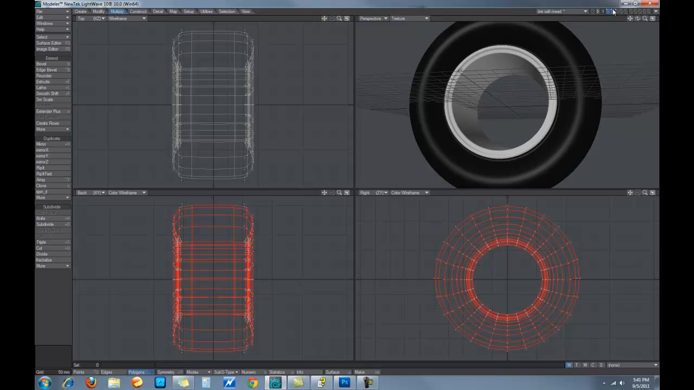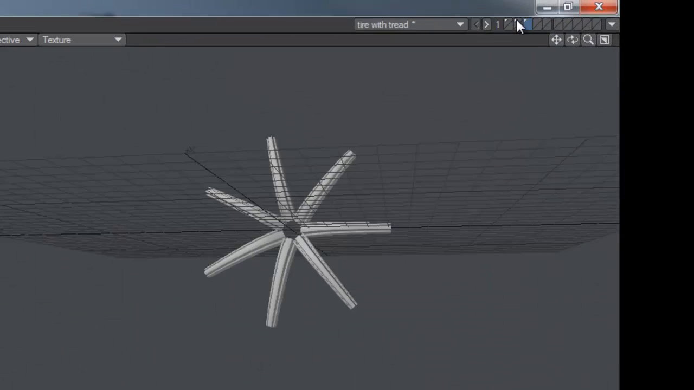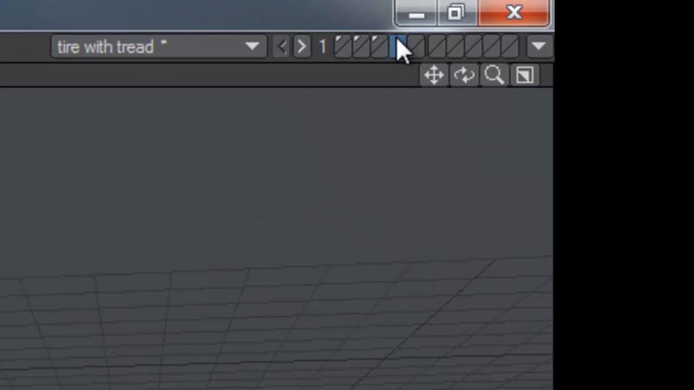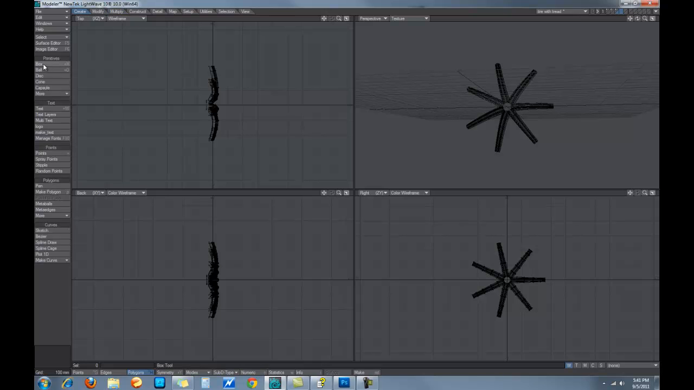Let's put a hub in there. Let's select the mag itself again. Well, let's create another layer, and use that as a guide. We're going to create a hub in the center of that. We can do that just by going to the Create tab, Disk,